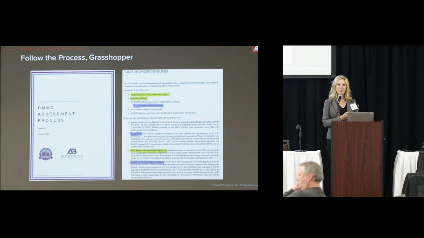So part of this is there's a section in the CAP called Roles and Responsibilities. I color-coded these in blue and yellow, but basically the yellow is your organization and blue is the assessor, the C3PAO firm. There's some key roles that you have to identify in your own company. The reason I'm pointing this out now is that there's this thing called the OSC Point of Contact, POC, another acronym. The POC is really a crucial person, and generally it's not going to be like the CIO, the CEO,